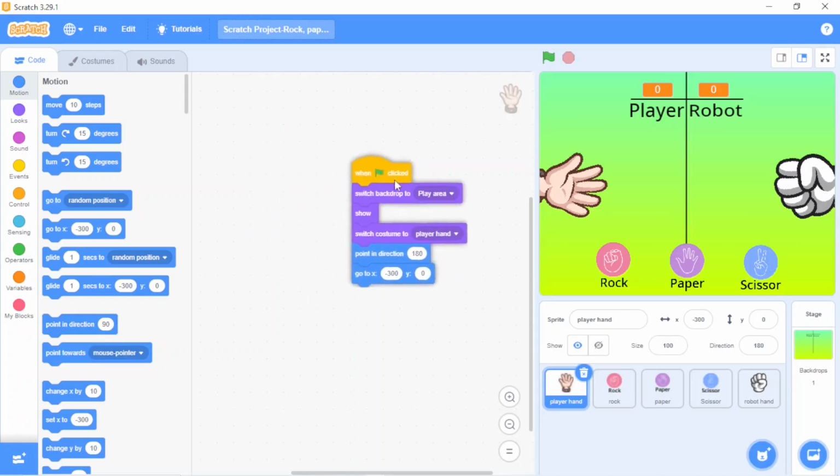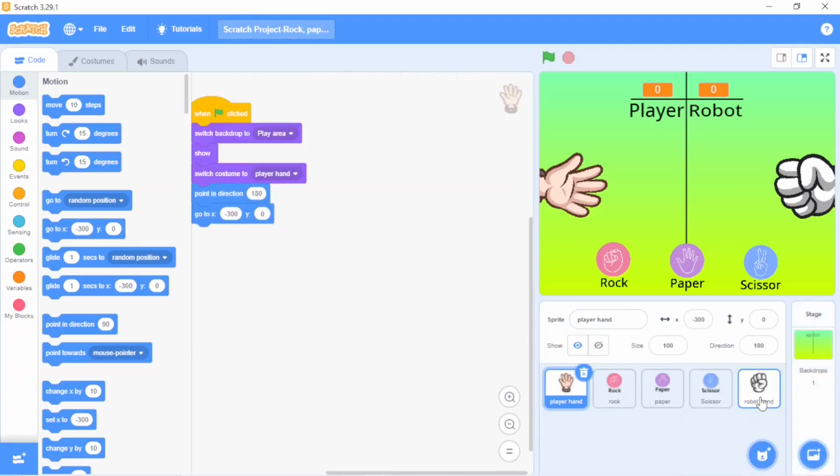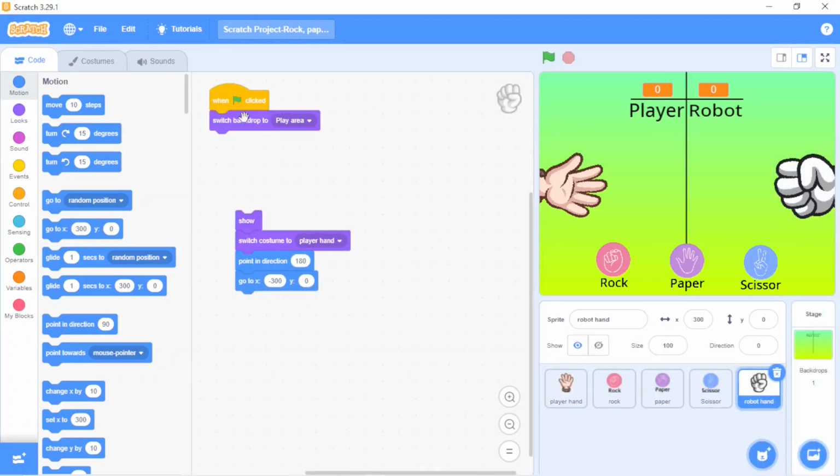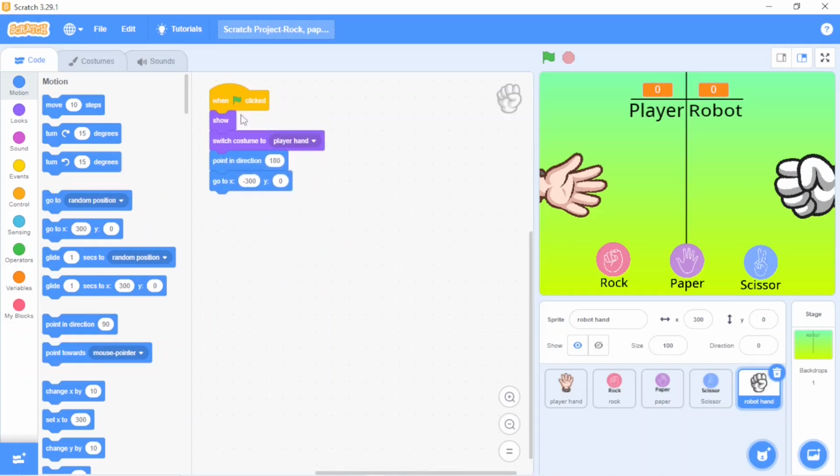After that, just take this code to the robot hand as well, and just remove the switch backdrop to play area block, and put the rest under when flag clicked. So our positions are set.